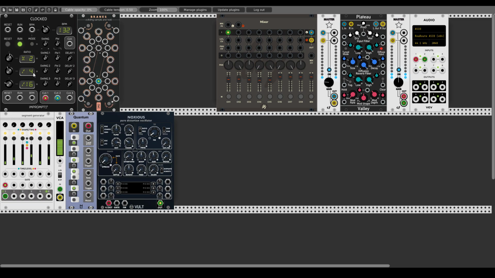So the change in the sequence will not happen too often. And let's send 3 outputs to 3 steps of the sequence. I will use the pink noise here to modulate the second step. This is the CV inputs of the steps. I will use the red noise to modulate the fourth, and the blue noise to modulate the last step of the sequence. So now the sequence is changing over time.